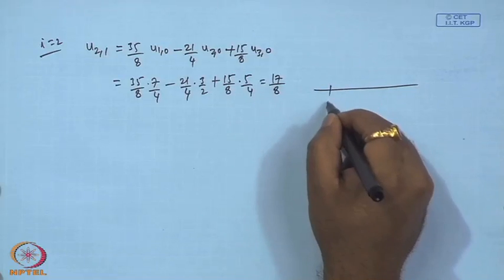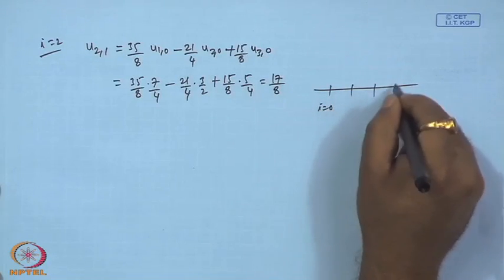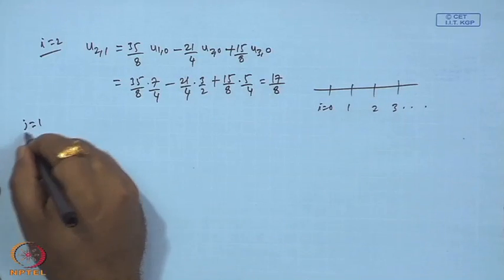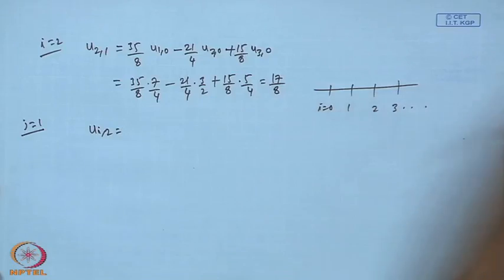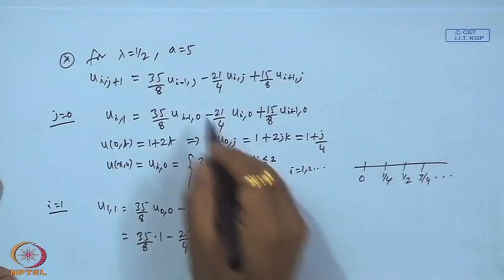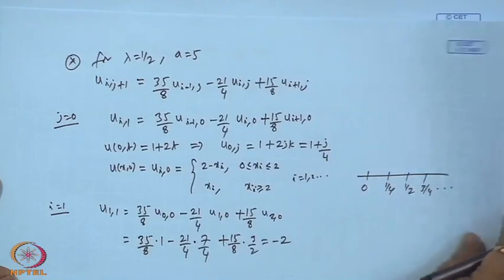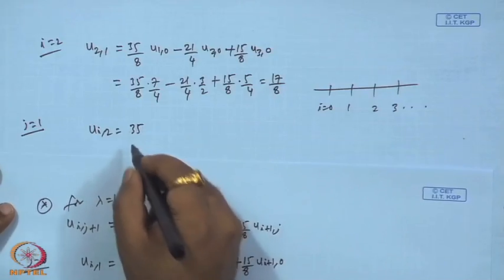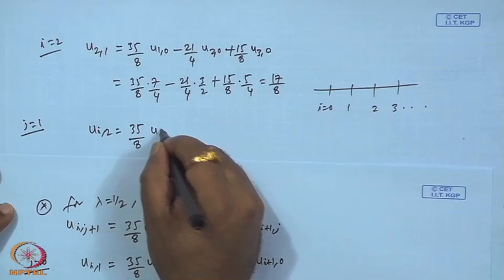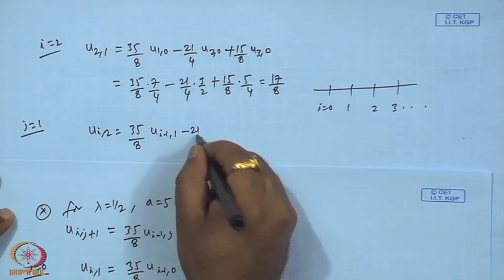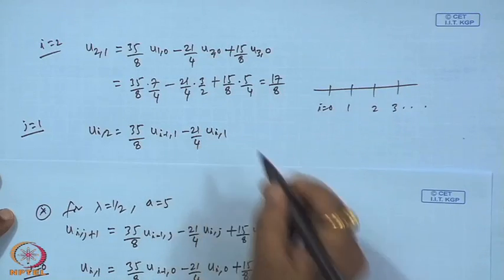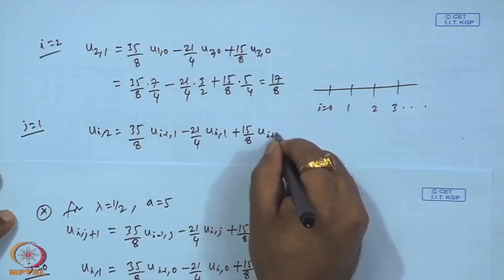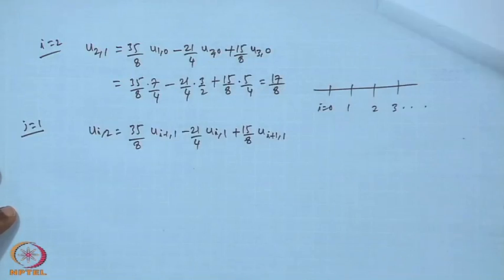So, I 0, 1 2 3 so on so forth. So, now let us go for j 1, then we get from this formula, when j is 1, we get u I 2, 1, plus, okay. So,